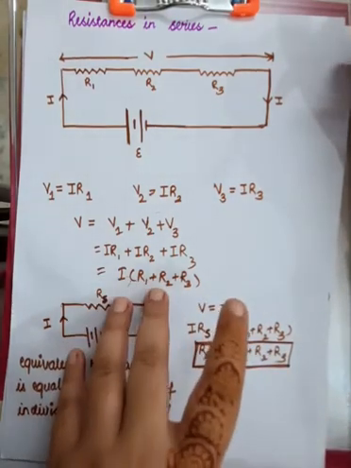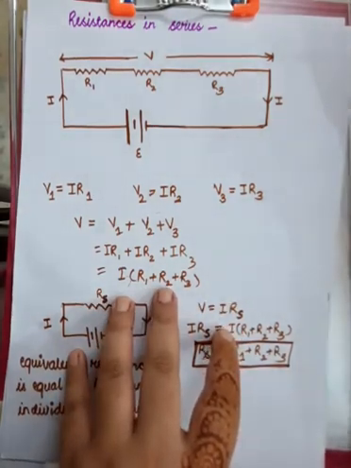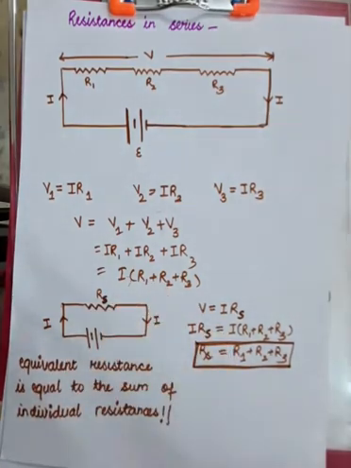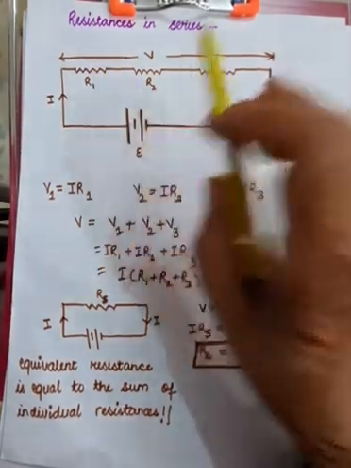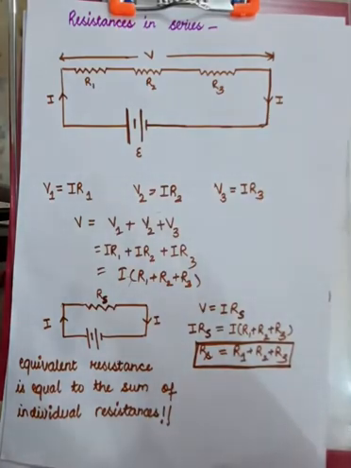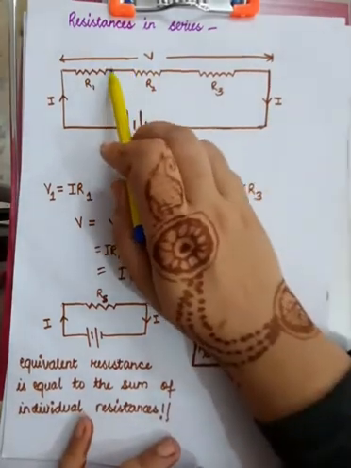Suppose you have resistors of different resistances. For example, let us suppose I have three resistors having resistances R1, R2 and R3, and I choose to connect them in series combination. Series combination means I am connecting them end to end, like this. This was resistor number 1, resistor number 2 and resistor number 3. So they are connected end to end.